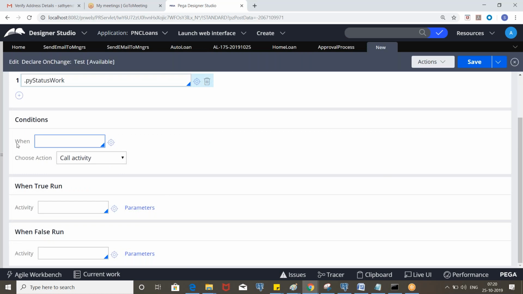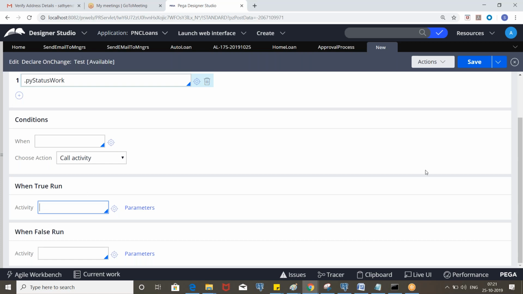And here, if the when rule is satisfied, it will execute this activity. If it doesn't satisfy and you want to execute another logic, another activity, then you need to call that. If you are not putting any condition, by default it will take this activity.